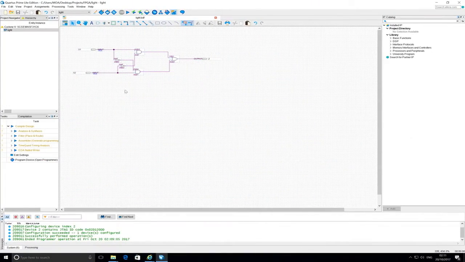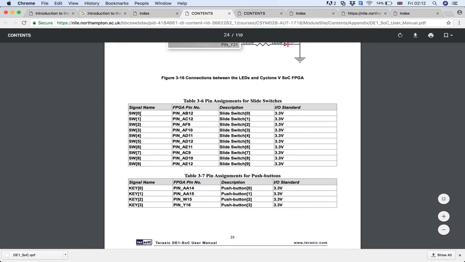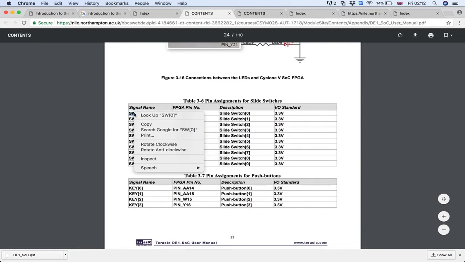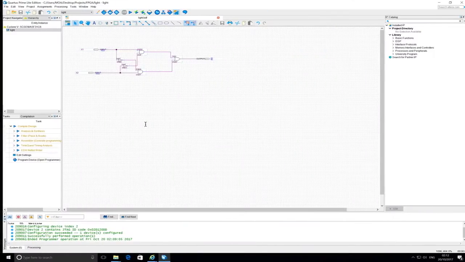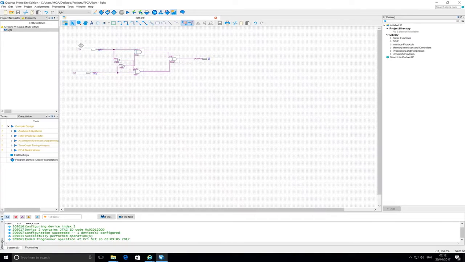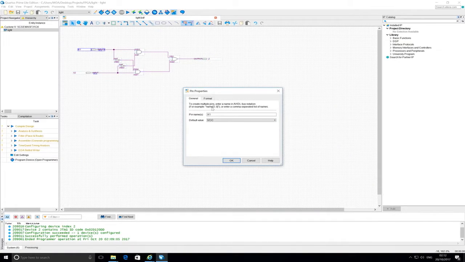So we get back to the same project. What you want to do is give it the same inputs, the same name as what is available on the default pin assignment. So the first switch that I want to use is switch 0. You can just copy. In VHDL code, obviously you just need to define it as an input, but for schematic